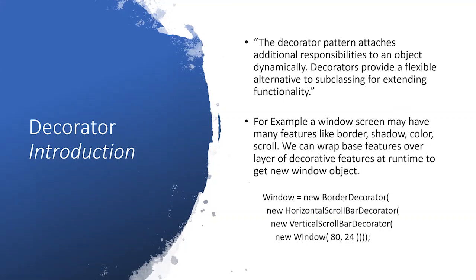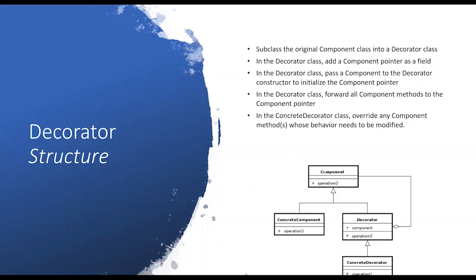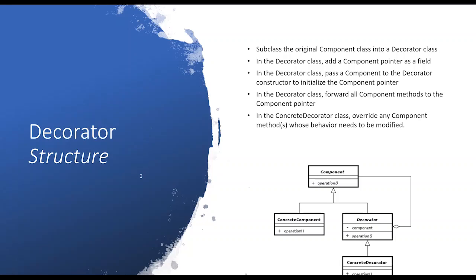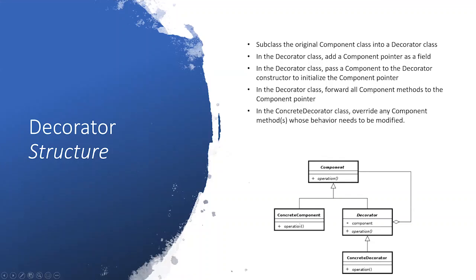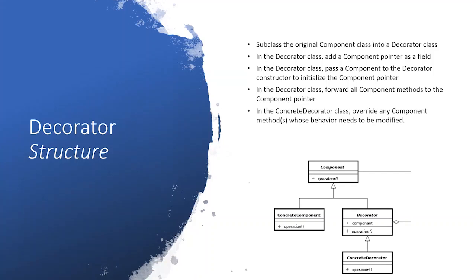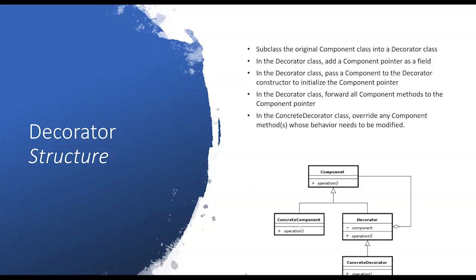So let's try to understand it through the class diagram, how it is being achieved. The base component defines the operations that can be altered by decorators. It will define a common operation. Then we have a concrete component. It will provide one concrete implementation of our base component, which can be used, say, as input to our wrapper.